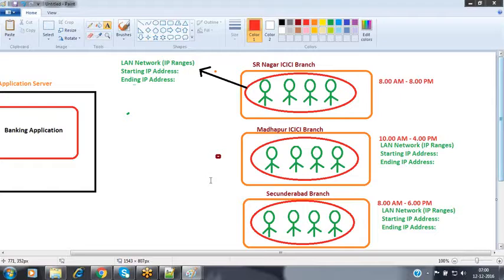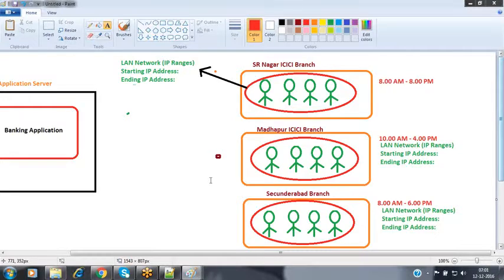Maybe I'm also a bank manager. Even though I'm a bank manager, I cannot access that application before the bank timings. Because that application has been restricted so that it is accessible not only within the specified bank network, but also within the specified timings. The bank application will be accessible from morning 10 o'clock to evening 5 p.m. only, so that I can work between these time durations only. Even if I come at 8 o'clock in the morning to complete my pending task, I cannot complete it because I cannot access my bank application.